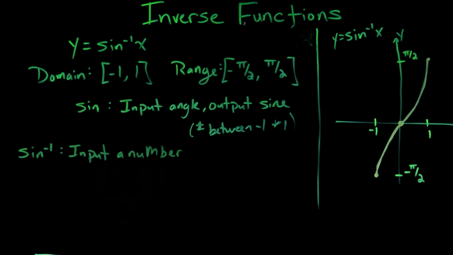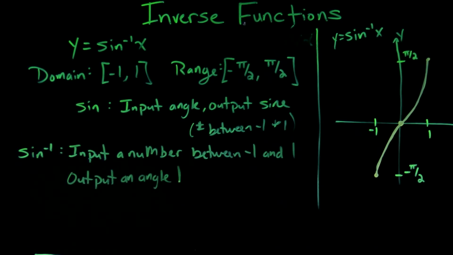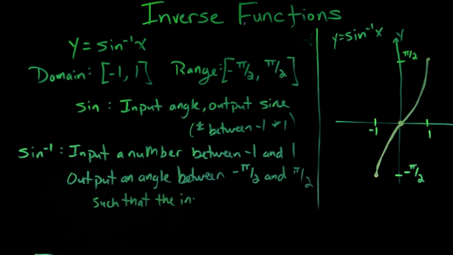So it's going to input a number between negative 1 and 1, and it's going to output an angle between negative pi over 2 and pi over 2,